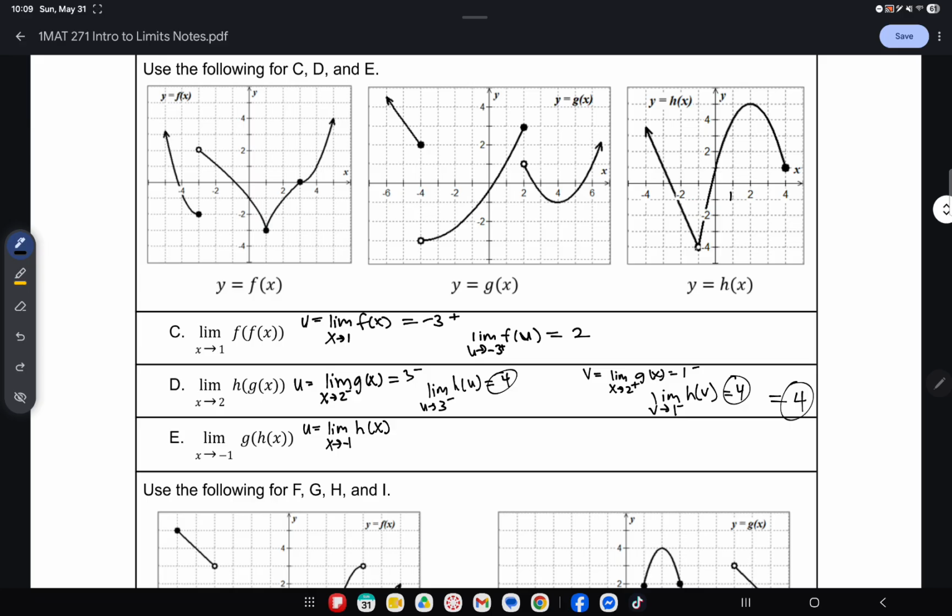-1. The limit is -4, and from both directions, it's coming from above. So 4 from above. So I don't have to separate it into two because that limit was the same from the left and the right. The function was coming from above. So as u approaches 4 from the right, for g of u. So here's g. We're approaching 4 from the right, which is going to give us,